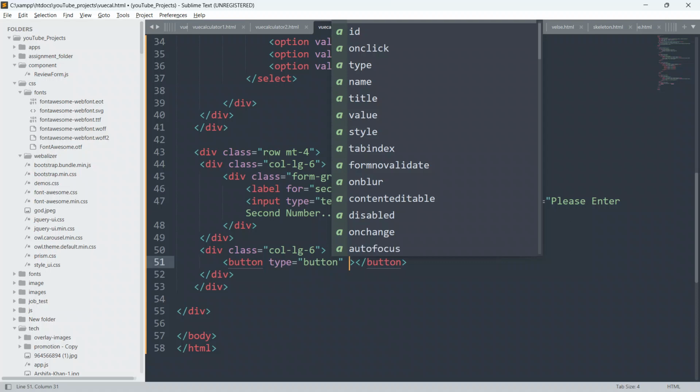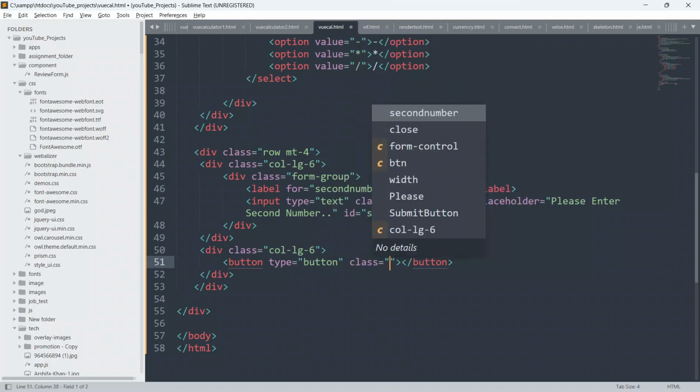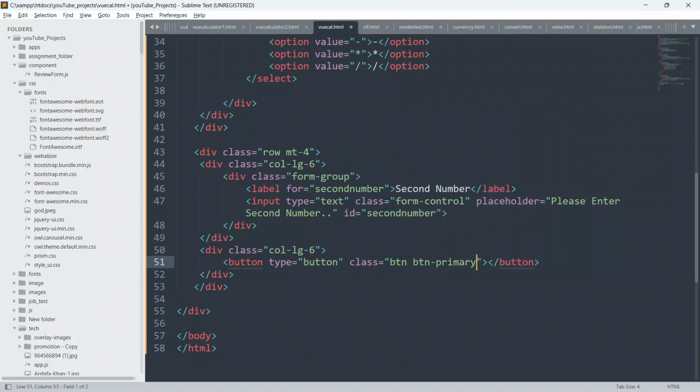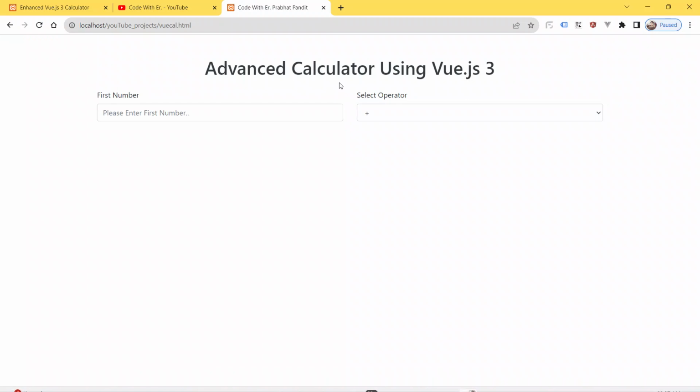I'll give the class as btn btn-primary, and give margin top 4. Give the text as calculate. Now as of now just save your code, go to the browser and refresh the page.